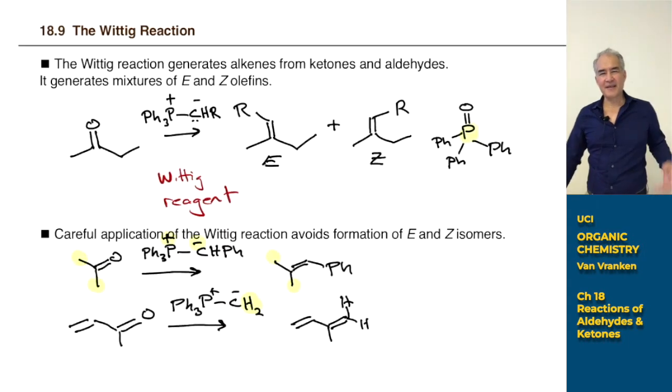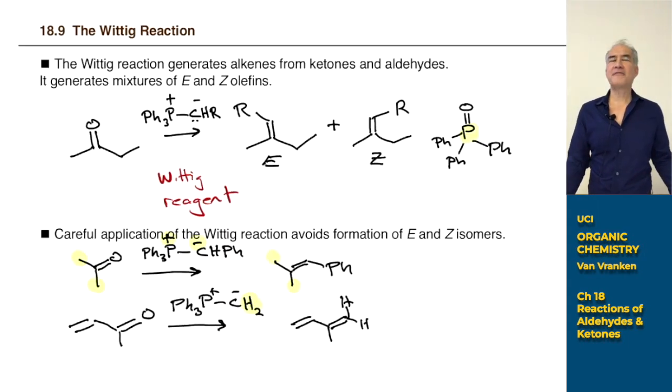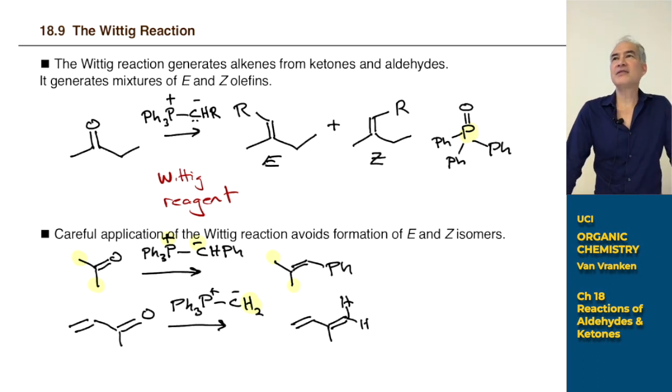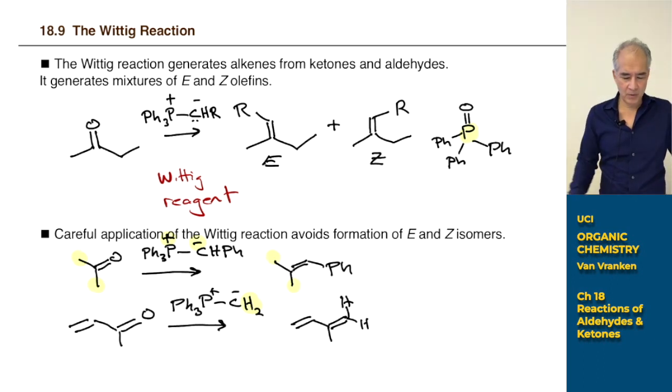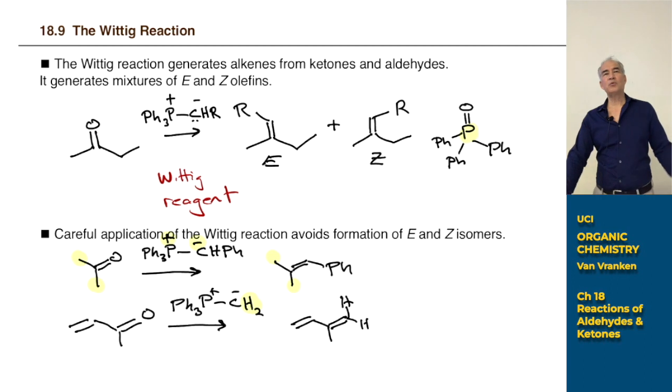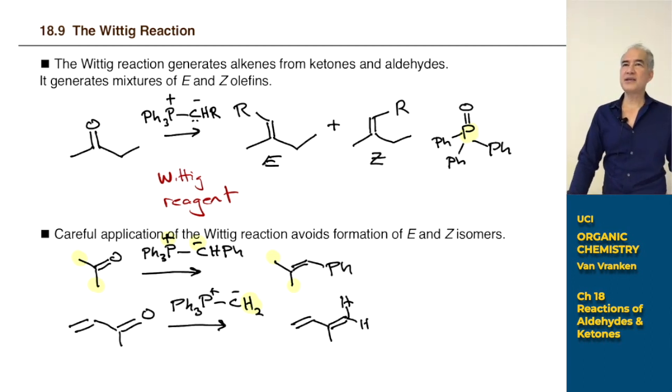Okay, when we left off, what did we talk about? On Friday, we talked about cyanohydrins, which is really not a condensation because you don't give off water as a byproduct. You add HCN across a carbonyl group to form a CC bond. And then we talked about this carbon-carbon bond forming process called a Wittig reaction, where you can take a carbonyl group and convert that into a CC double bond in one step using a single reagent,